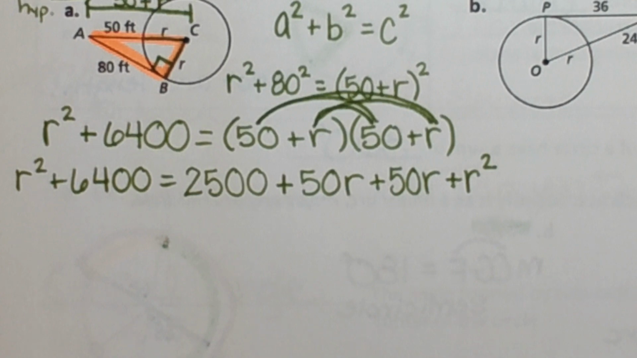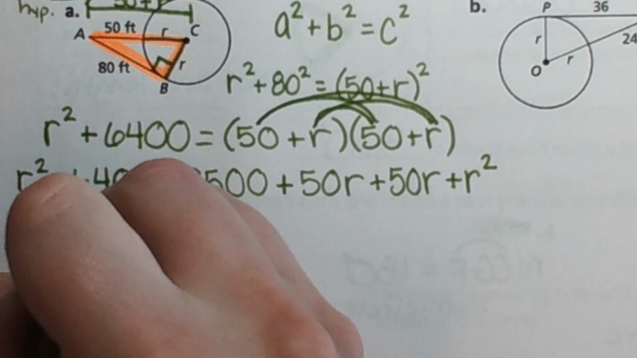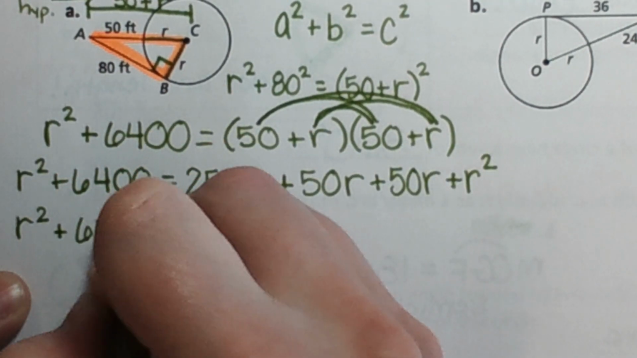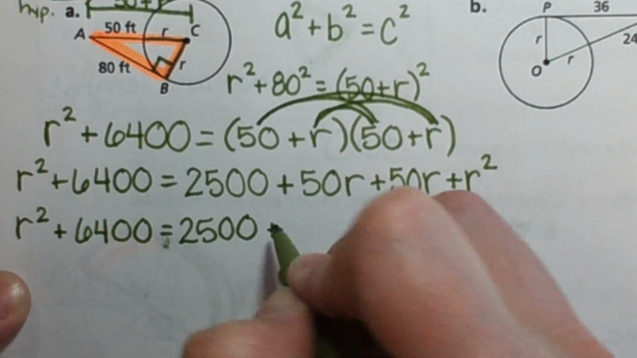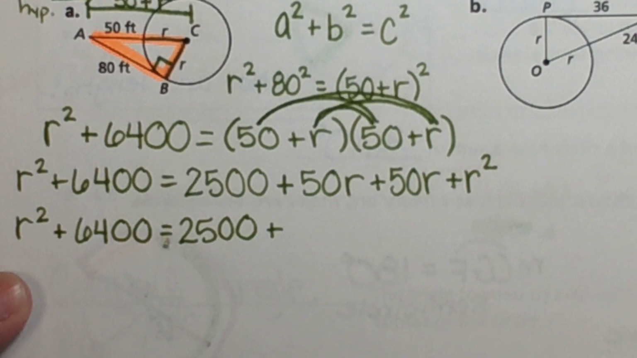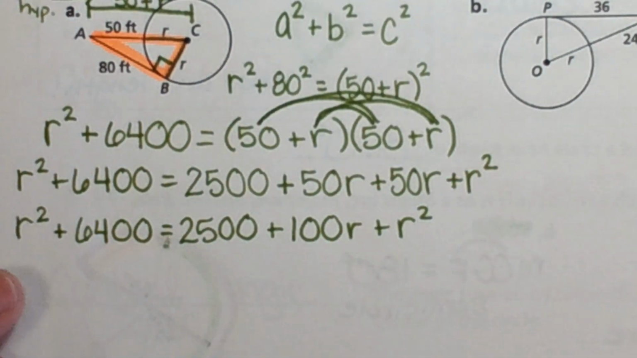These equations get big and ugly before they get real nice. What do you think I should do next? Add the 50 r's. Combine your like terms. R squared plus 6,400 is equal to 2,500 plus 50r plus 50r is 100r plus r squared. Now this equation looks scary because it's got the squareds and it's got regular x's, but if